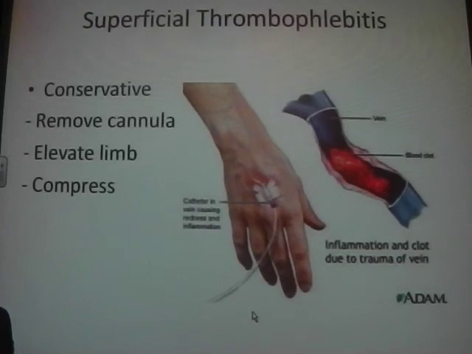Do you give them NSAIDs or analgesia? If it's severe, if you're worried about it, yes. A lot of times the cannula is tissued. They might have been getting stuff into it for quite a while afterwards, so it can be quite tender over where it's tissued. So yeah, if you give them NSAIDs, would be reasonable. Is it the actual cannula that's caused it, or is it what they're running through it? It depends. If you're running something really toxic to your veins, like amiodarone or something, that can cause intrinsic damage to the vein walls. And other times, if you just leave a cannula in for a certain amount of time, it's a foreign body. So if it's in there for long enough, it'll cause a local reaction that